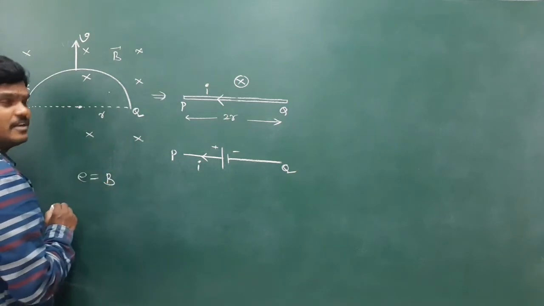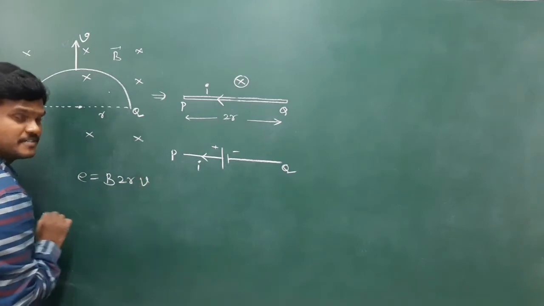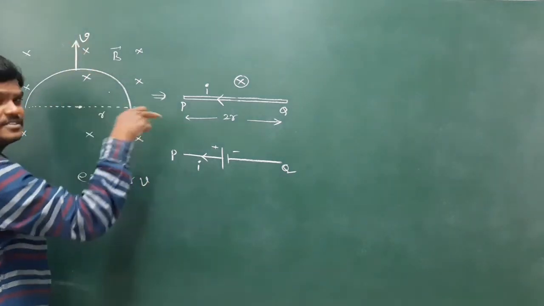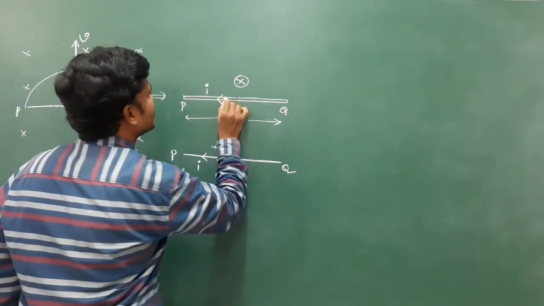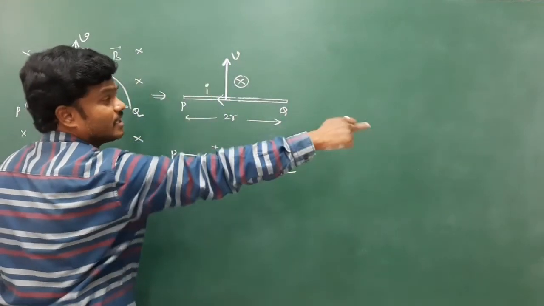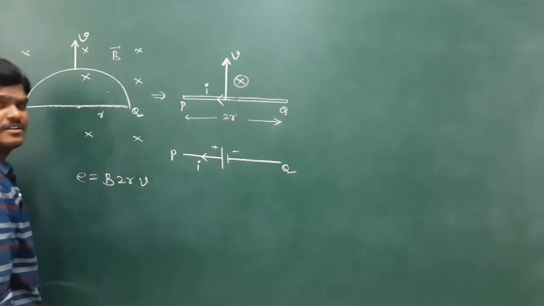Okay, and see the EMF. EMF is equal to B L V. L is nothing but 2R. V remains V. So B L V. So V, B, and L, see, all are perpendicular. This is L, and the rod is moving up like this. V, L, B is into the board. See, all three are perpendicular to each other.